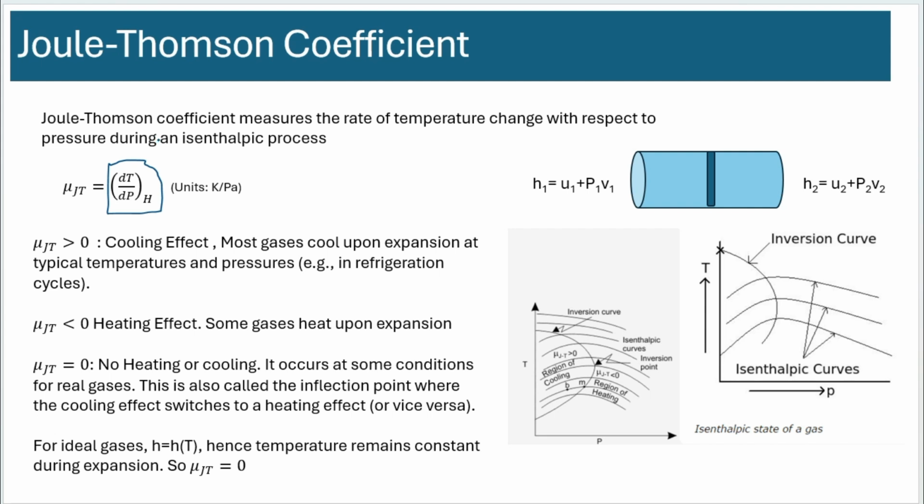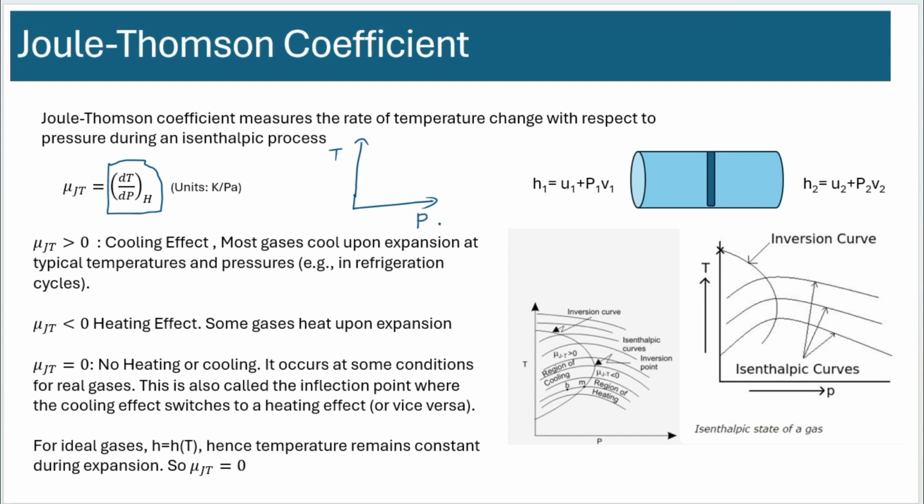So what we do is we create isenthalpic curves in a temperature versus pressure plot. Okay, this is not a plot that I had discussed in this lecture so far. Engineers usually don't use this plot. They have other ways of determining this Joule-Thomson coefficient. But imagine a plot where you have any particular fluid, and you have temperature on the y-axis,